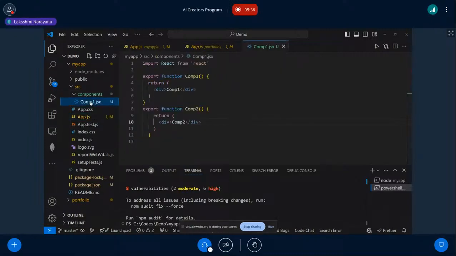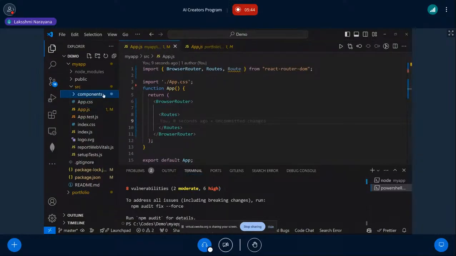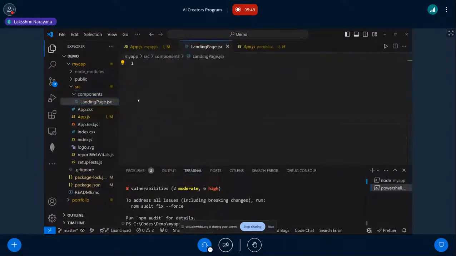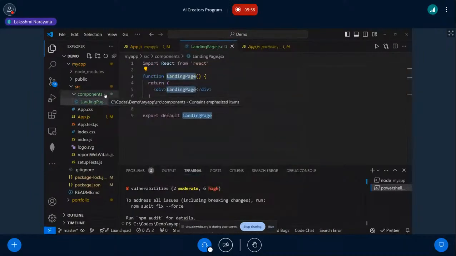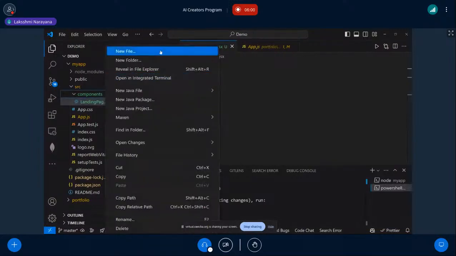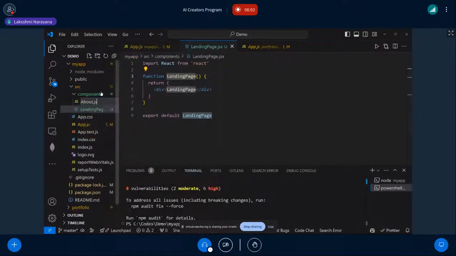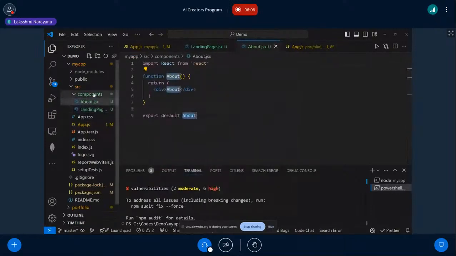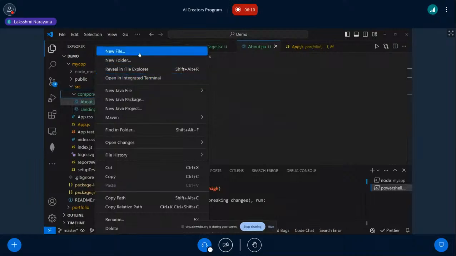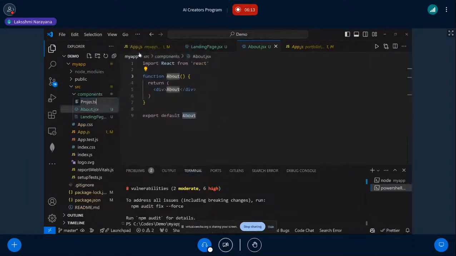So let us create a component. We need a component to show, right? So let us create a landing page component, RFSC. Also, let's say you're creating your own portfolio page. You need to have an about section. The common thing is the about section, and then you will create your about section. Let's say you want to add your project section. You will add your project section, projects.jsx,